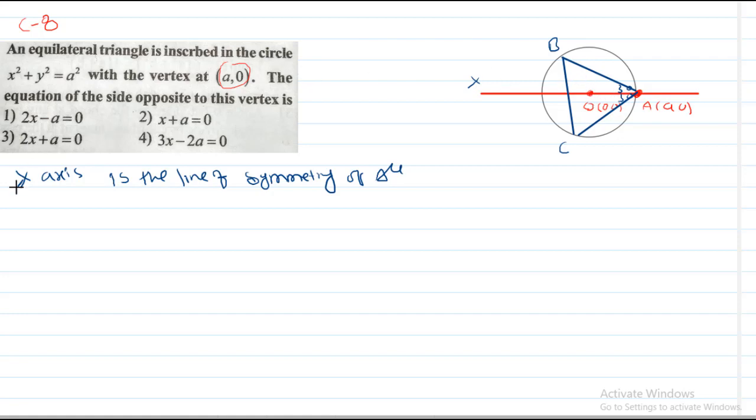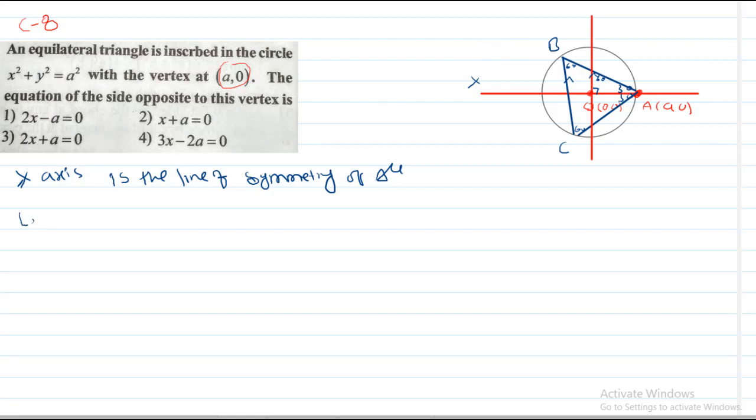So I want to draw the y-axis also for my convenience. And this is the y-axis. Okay students, observe here. This angle is 90 degree. This 30 means this is 60 degree. Already in the equilateral triangle B is 60 and C also 60. So it is showing that this y-axis and BC are parallel. So what is the equation of BC? x equal to some constant.